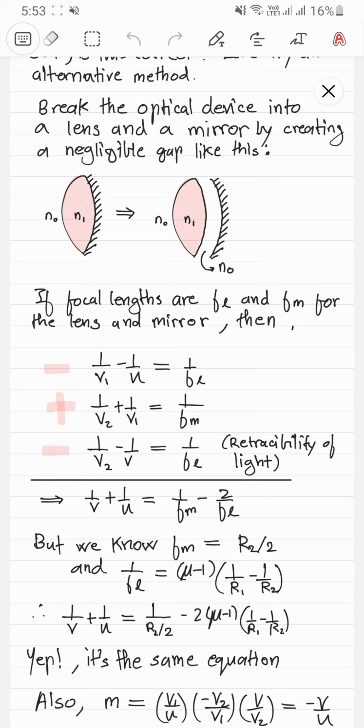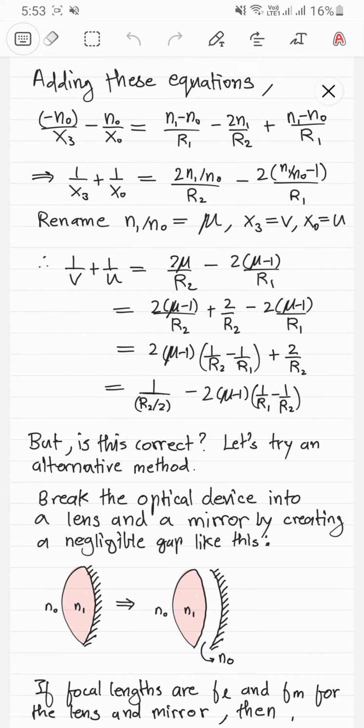This whole derivation of writing down these three equations for the lens and then the mirror and then the lens once again, but going from right to left. So you write down these three equations and then deal with them and you get this equation, right? So that's the usual way of doing this. You also have another way of doing it, which is of course using our formula,